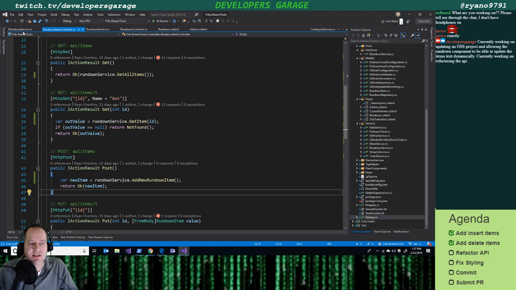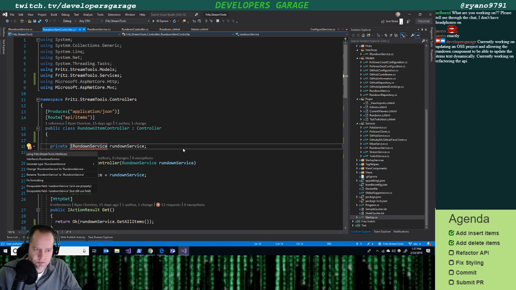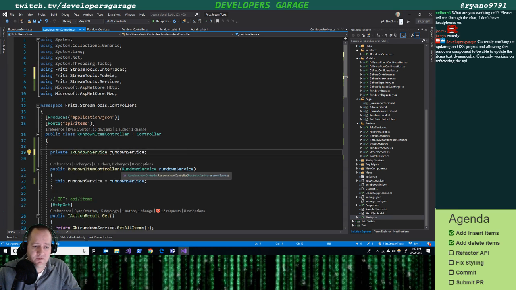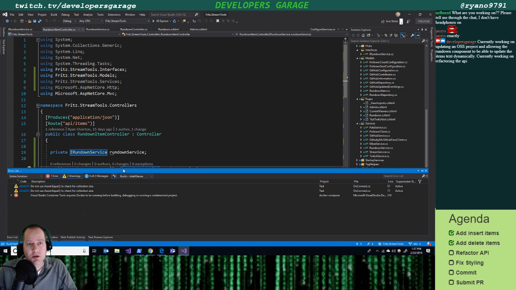There's a key. When I set that up, I set it up by interface. So when it does the lookup, it's going to reference it by the interface and not by the concrete type. So what we have here is now not a rundown service, it's an IRundownService. That's why it couldn't find it, because I was referencing the concrete type. Again, back to what we were talking about earlier. Decoupling from our concrete types is a great thing. You can go overboard, so use it with caution and use it where it's